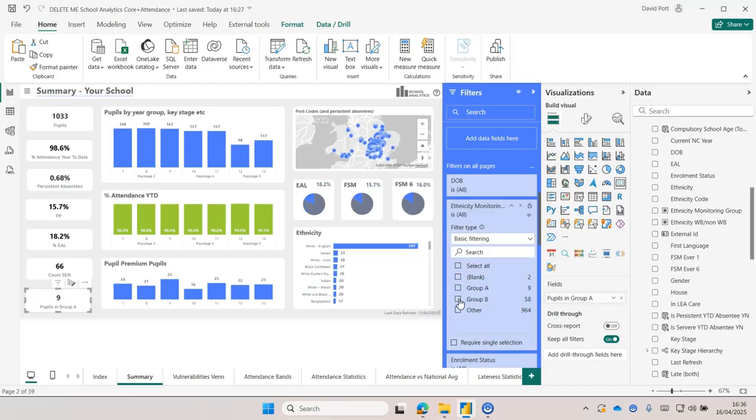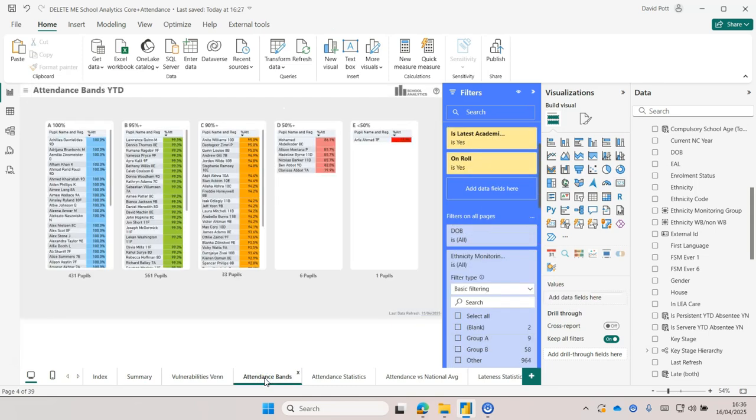You can also use this same technique to put a filter on for a slider or a slicer. So let's say we want to go to attendance bands, for example. Maybe we want to add a slicer. A slicer is one of these here. So to add a slicer to this list, I'll first of all make sure that no visualization is currently selected. Click on the slicer, position it nicely on the page,